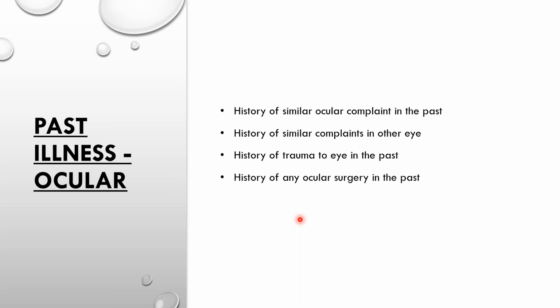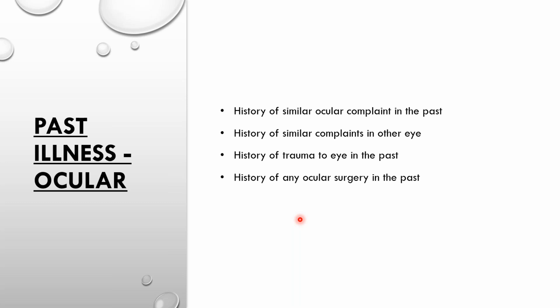The past history, you can divide into two sections. First one being the ophthalmic part or the ocular complaints, and the second one being your systemic complaints. So in the ocular part, you need to ask the history of similar ocular complaints in the past. What this tells you is, if it's the first time that this has happened and there is no past history of this disease, that means there has to be an inciting event to the symptomatology. So you have to find out what that inciting event is, because if you do not find the root cause, you will not be able to treat the patient, other than if you just want to treat symptomatically, right?